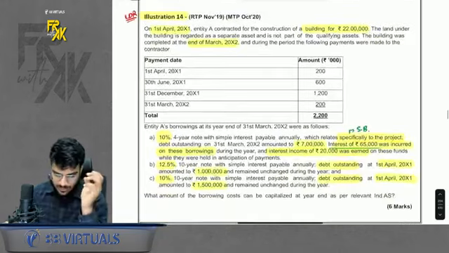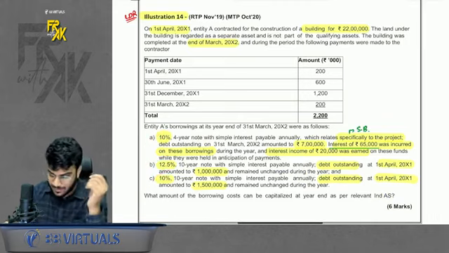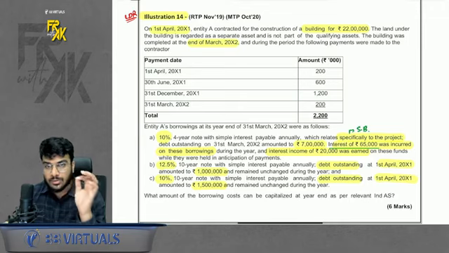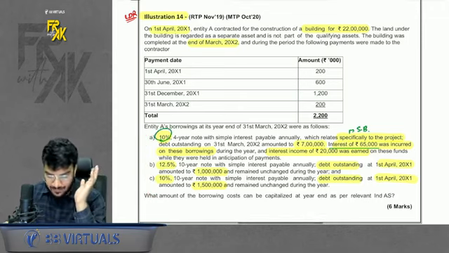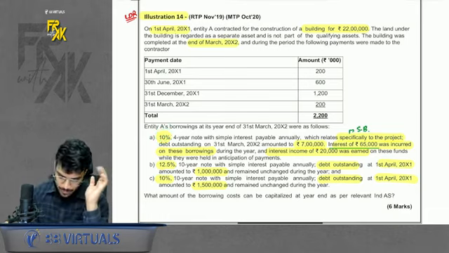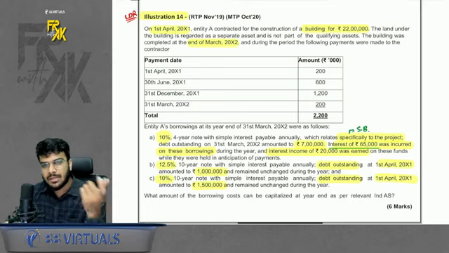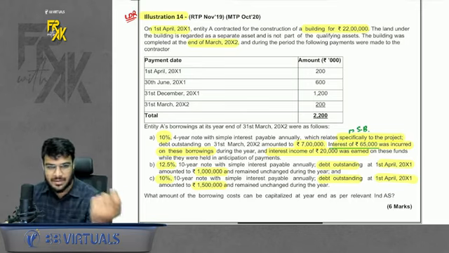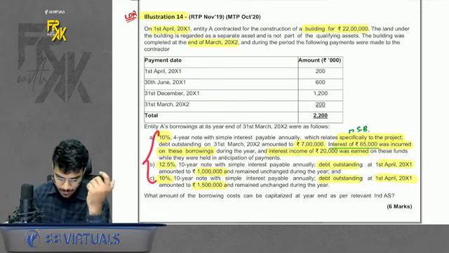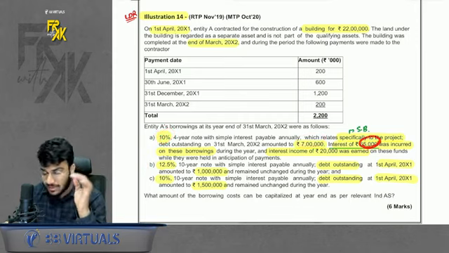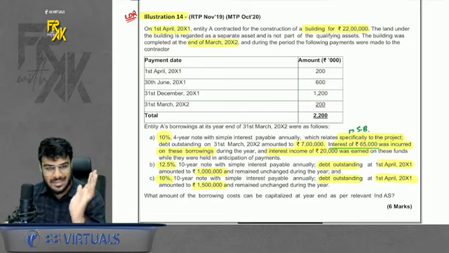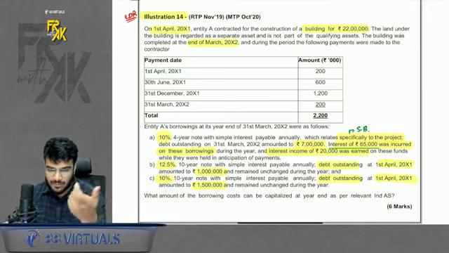Then I guess we also have illustration number 14, which is a very good illustration. The only difference is everything is given in statement format. So we have the expenditure given. The important part here is they have given statement format. The first statement says that we have a specific borrowing of 10%. The only difference is in the previous question the loan was given directly, 10% loan, this much principal. Here it is given in statement format. First, a 10% loan, 7 lakhs is the principal amount, and the interest amount in case of specific borrowing is directly given. 65,000 was the interest, 20,000 was the income earned. So net it off and 45,000 will be capitalized.